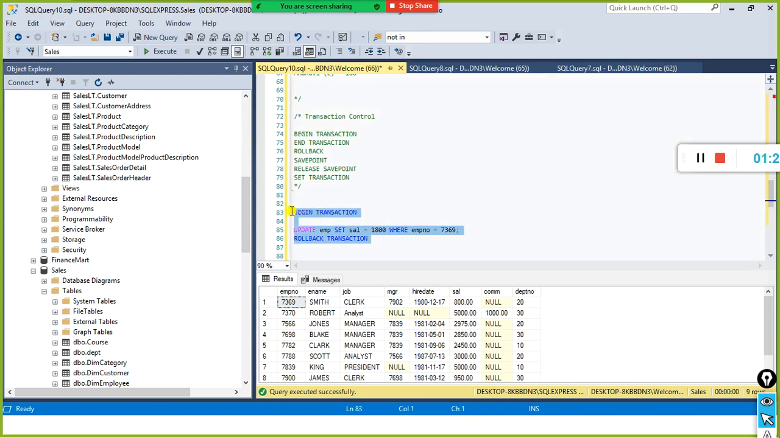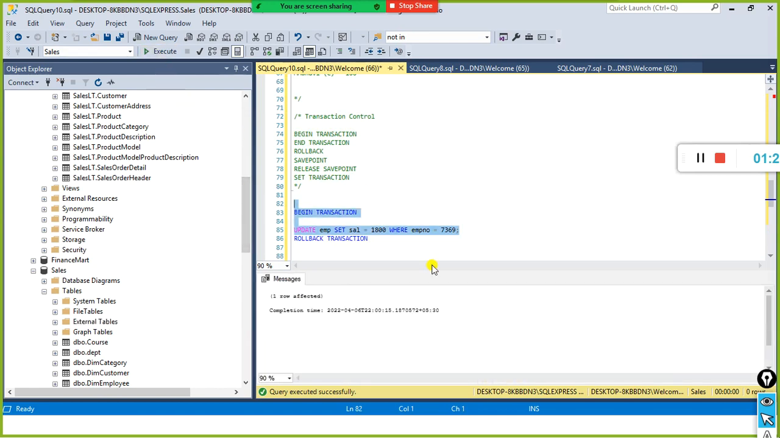So I'm going to execute this one. For example, I'm going to select up to this one only. Listen very carefully. I'm going to execute it. So one row affected. Okay, that means something has happened. Now, for you people to understand what has happened,